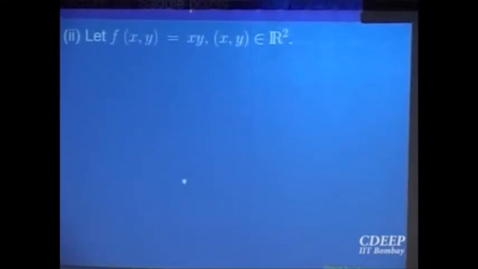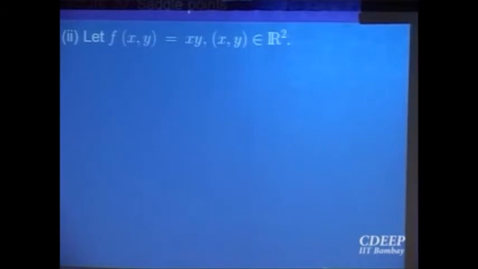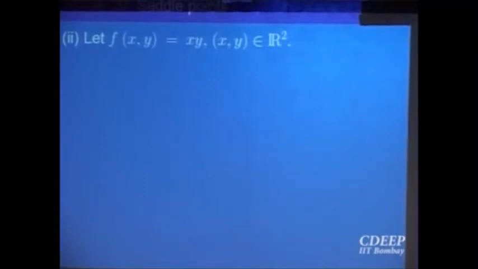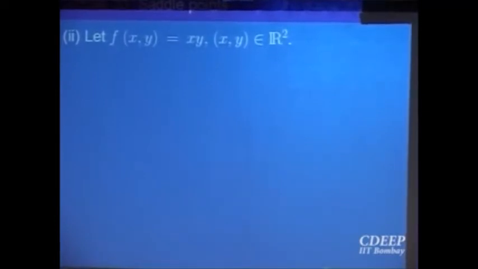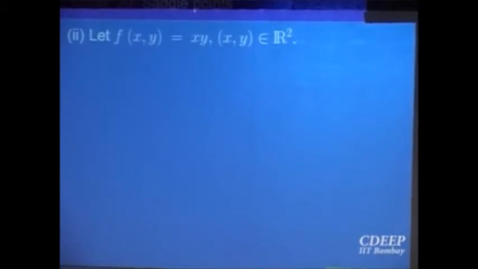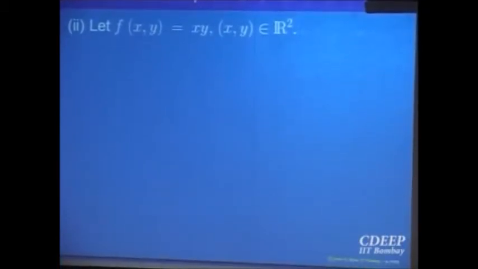Similarly for f of x, y equal to xy. I am just trying to say, without using any condition about differentiability or derivatives or anything, like our function of one variable, you had points of inflection. It is something similar coming here now. So saddle points are something parallel to points of inflection for one variable.